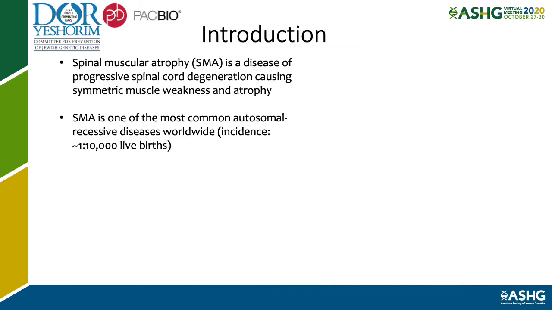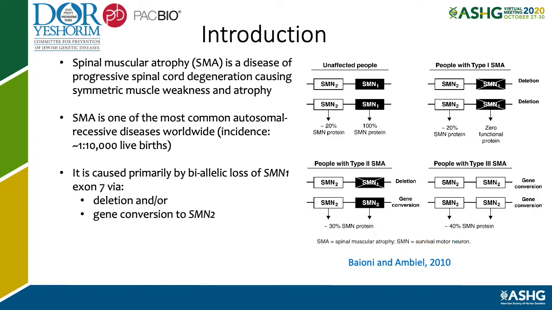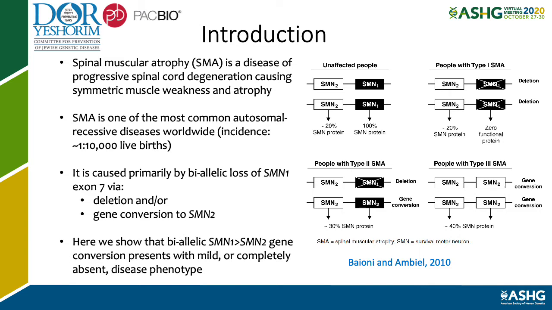Spinal muscular atrophy, or SMA, is a disease of progressive spinal cord degeneration causing symmetric muscle weakness and atrophy. SMA is one of the most common autosomal recessive diseases worldwide, with an incidence of 1 in 10,000 live births. It's caused primarily by a bi-allelic loss of SMN1 exon 7 via deletion and/or gene conversion of SMN1 to SMN2. Here we're going to show that bi-allelic SMN1 to SMN2 gene conversion presents with mild or completely absent disease